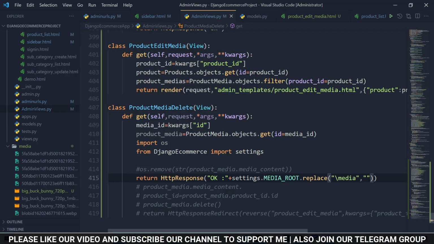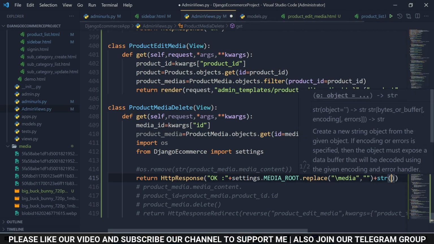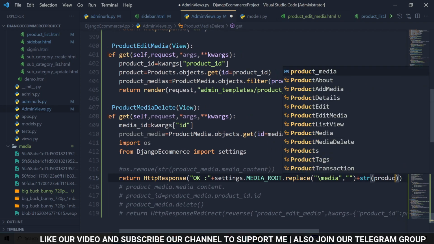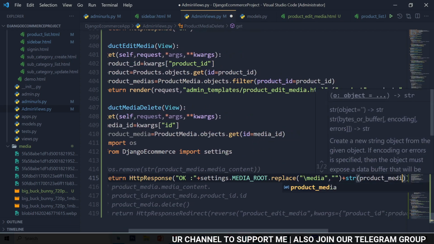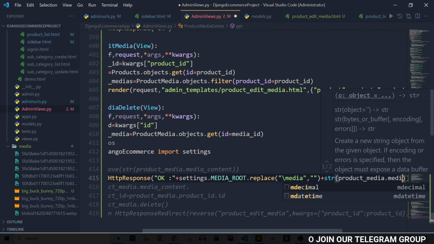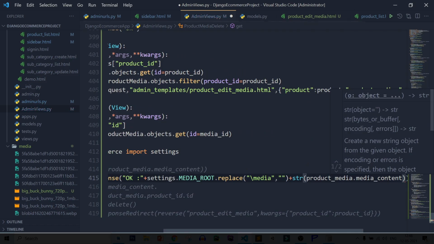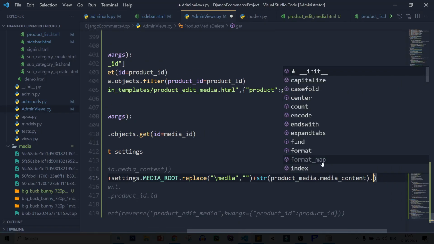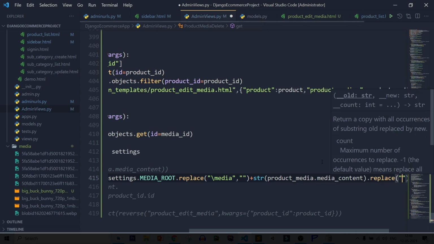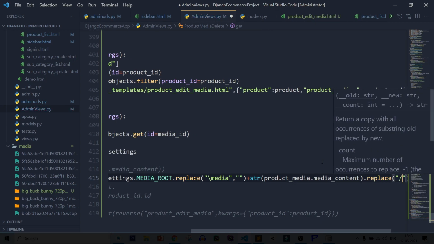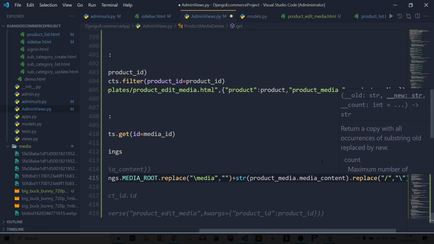And if I add plus str product underscore media dot media underscore content, save it, refresh, and now you can see it is showing perfect, but we need to replace slash with slash. Save it, refresh, and now you can see it is looking perfect.